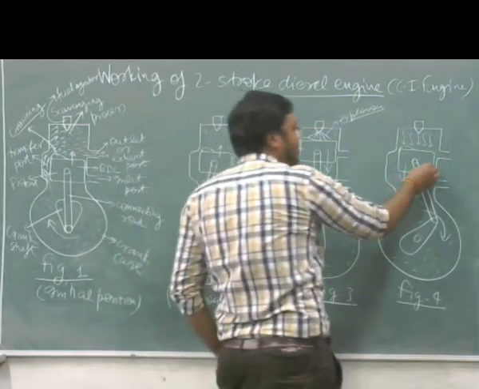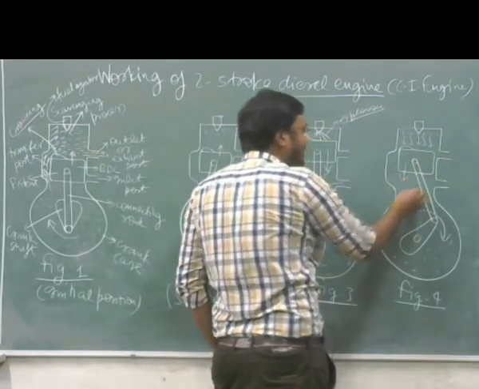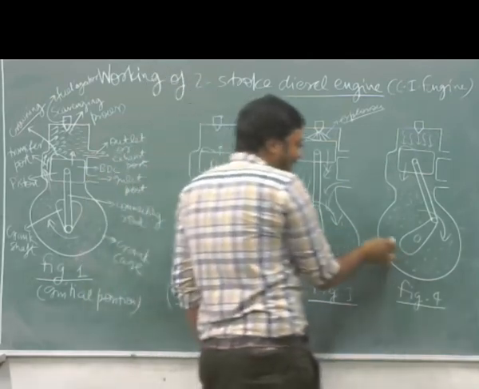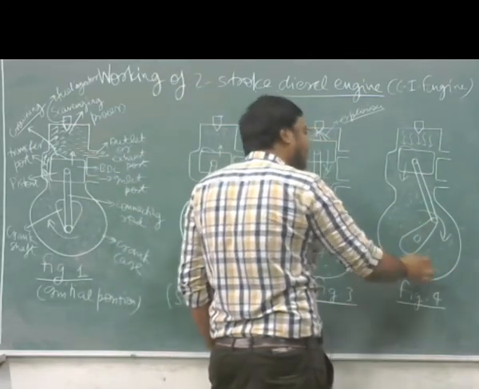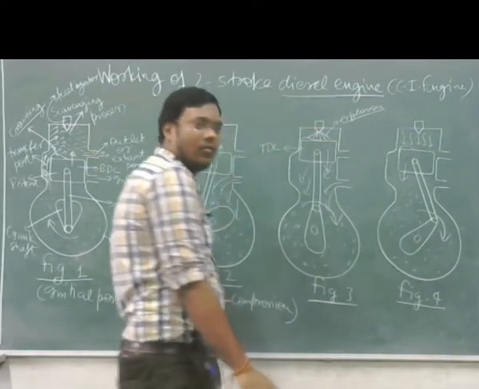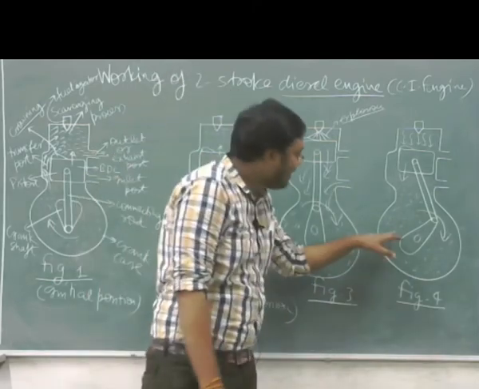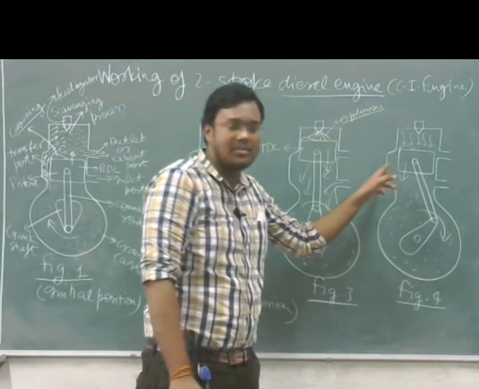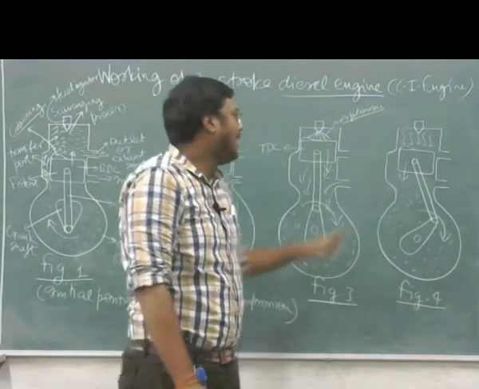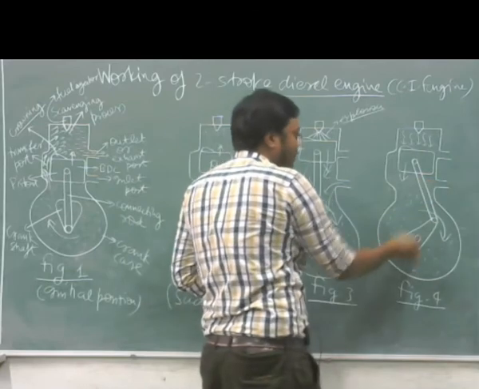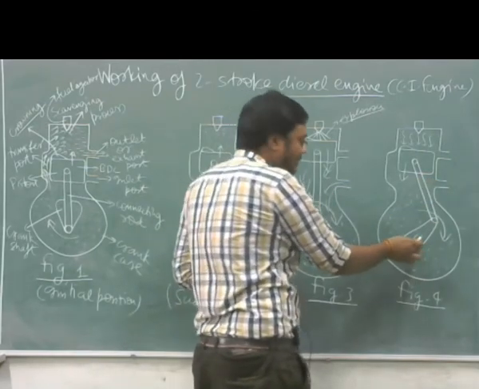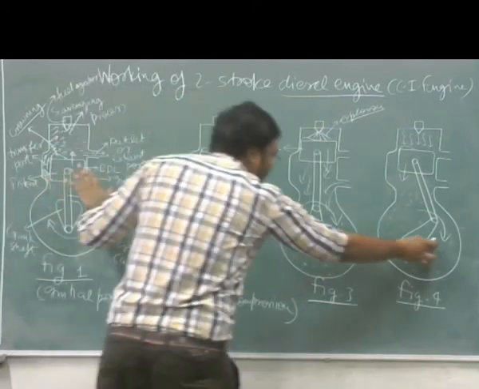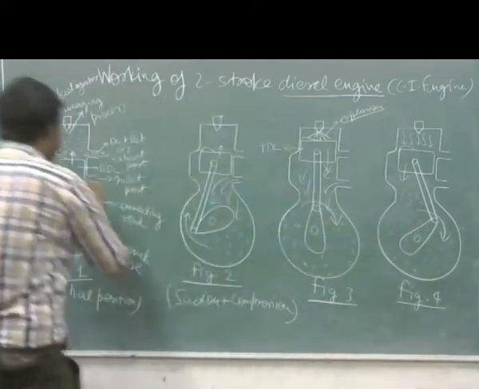And when this piston reaches BDC, bottom dead center, the air inside the crankcase is highly compressed. And this highly compressed air is trying to escape from a small space. And the inlet valve is already closed. This thing we can see in the first diagram. Now from here, we will go to the first diagram.